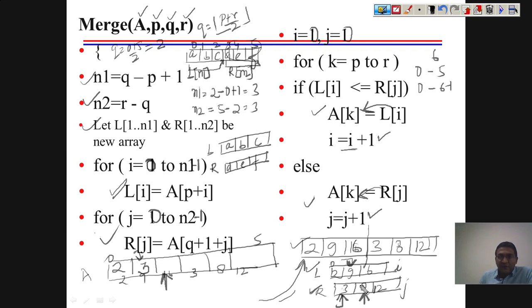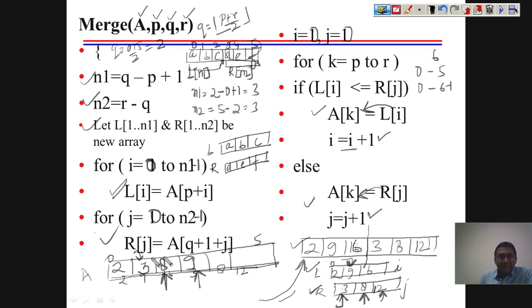Now we compare 8 and 9, because I is pointing to this index and j is pointing to this index. So you compare this and this. What you will find is that 8 is less. So you write 8 here, and you increment this. Similarly, k is also going to increment, and then you will compare this with 9, because I is still here. So what you get now is 9 here. Now what you observe is, if you go in this fashion, your entire array is going to be sorted.